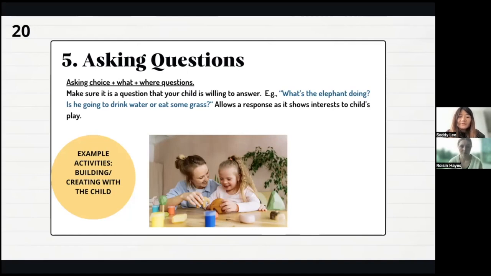narrative form. For older students, you can enhance the complexity of the questions to stimulate more detailed responses and critical thinking. In the same scenario, you might ask, "Why do you think the elephant chooses to stay near the water? How does the environment influence the behaviors of other animals around him?"